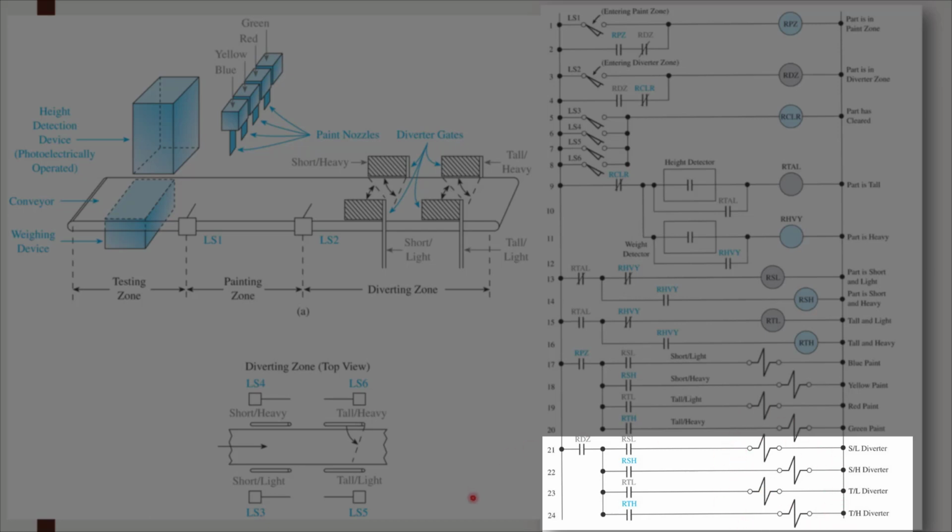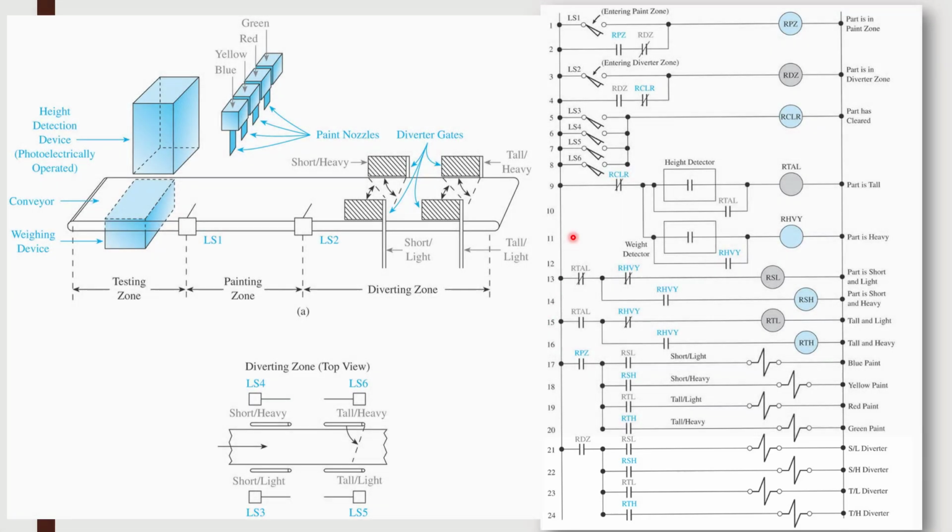And once it's cleared, then I'm going to forget if it was tall or heavy or short or tall. I'm going to forget that. This is all going to clear out. These will both clear out, and it'll be ready for processing the next part as it goes into the system